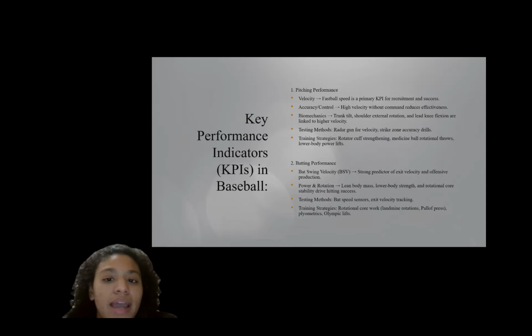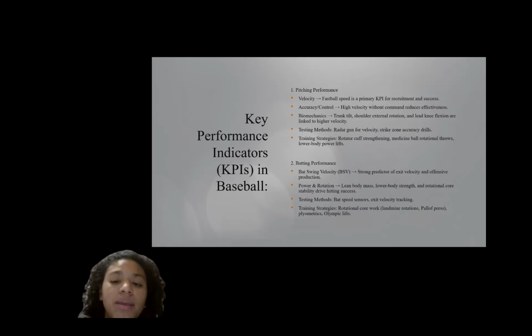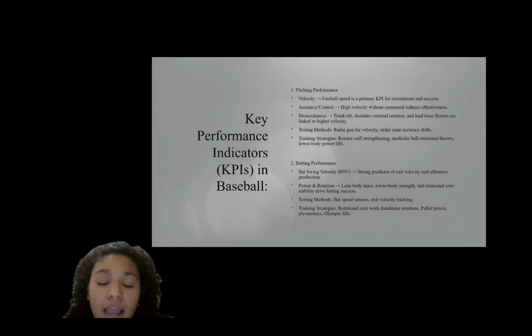Then we have biomechanics: trunk tilt, shoulder external rotation, and lead knee flexion are linked to a higher velocity, so how fast that ball is moving when it releases from that hand. Then testing methods could be anything from a radar gun for velocity to strike zone accuracy drills. Training strategies will be strengthening that rotator cuff, medicine ball rotation throws, and lower body power lifts like squatting